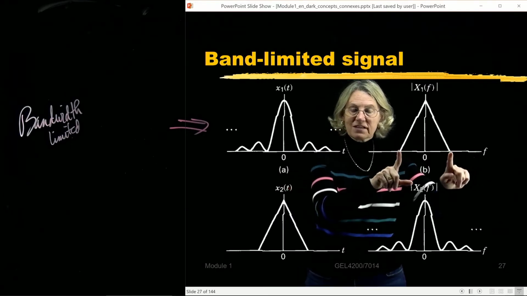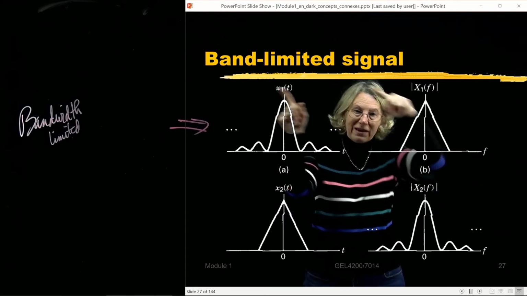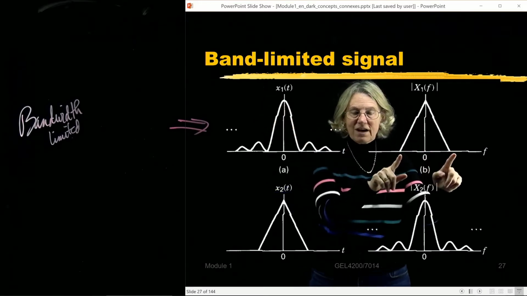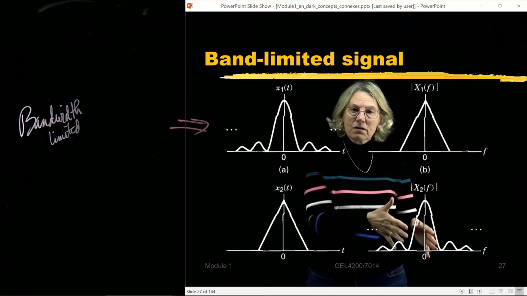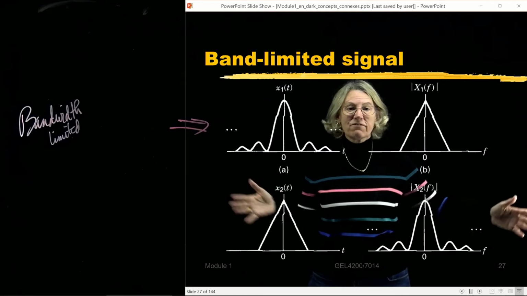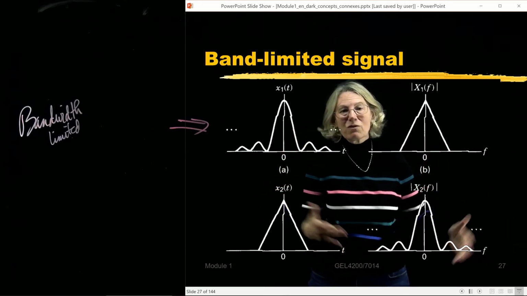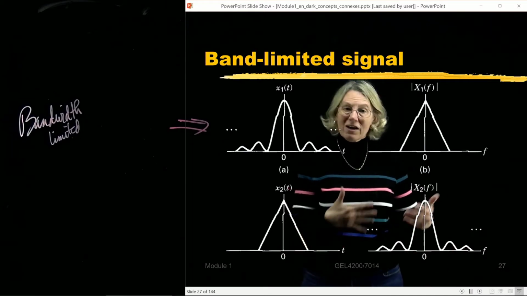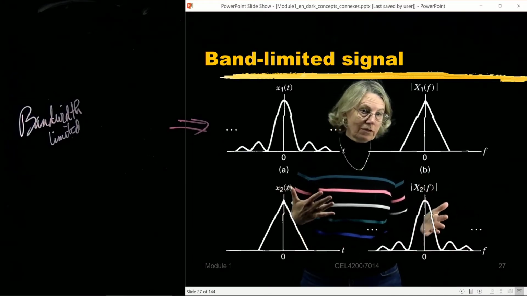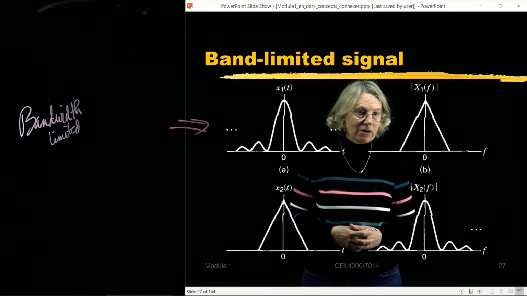Here, the bandwidth of the signal is very easy, because after that, it's band limited. So the bandwidth content is very clear. Here, it's less clear. I could say it's infinite, but practically I know it's getting smaller. So at some point, it's negligible. So how do I define that point where it's negligible? And that's why we have multiple definitions of bandwidth.